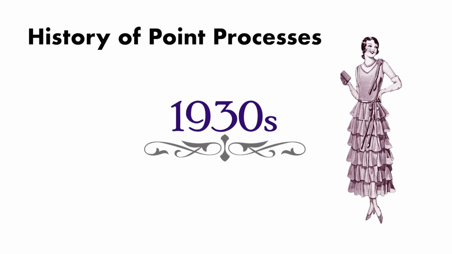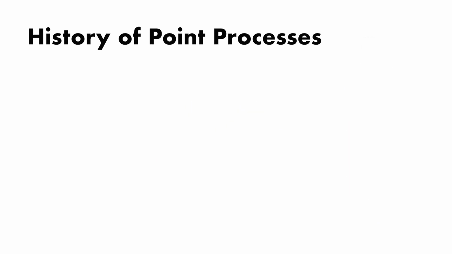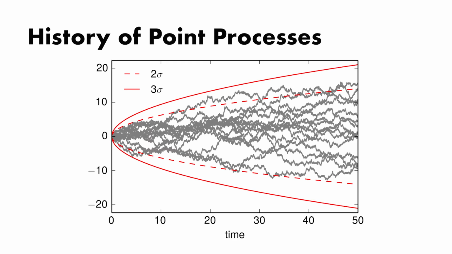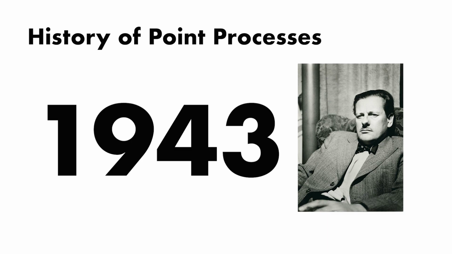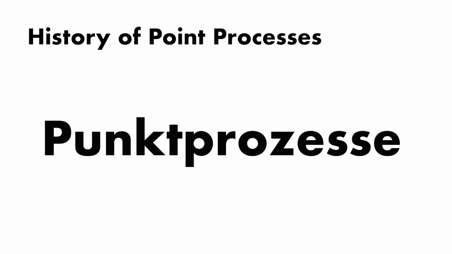A brief history of point process. Point processes theory started to be investigated around the 30s with the theory of stochastic processes led by, for example, Kolmogorov or Khinchin, Levy, Feller, among others. The point process itself, the term was recorded in a PhD thesis in 1943 by Conny Palm. He used the word Punktprozess, I hope I say this correctly, in German, to define the term point process.